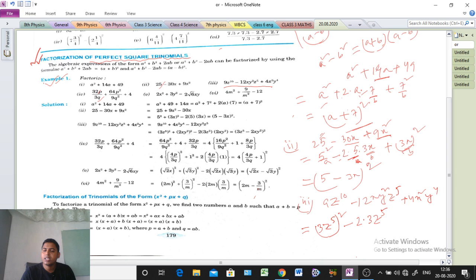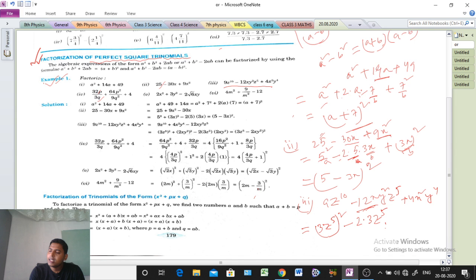But actually, see, 12 means 2 into 3 into 2. 6 already taken means 6 left, or actually here multiplication will be done, no? Division will come, not addition or subtraction. When 6 is taken, 12 divided by 6 means 2 will come, not 6. That is very important. Sometimes by mistake we can write 6 taken means 6 left, not like that. Basically the division will come from 12. 6 taken means 12 divided by 6. Okay, so 2 will come. Understood? So that means we can write here 2.